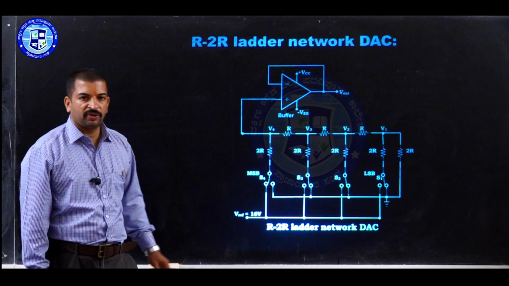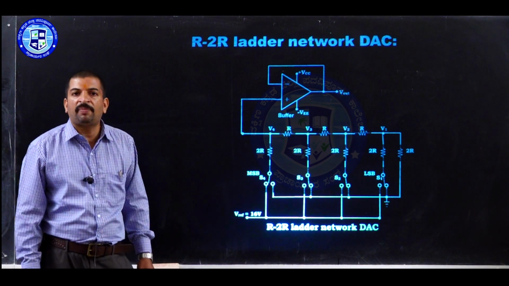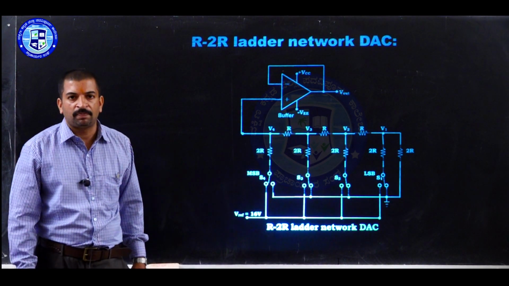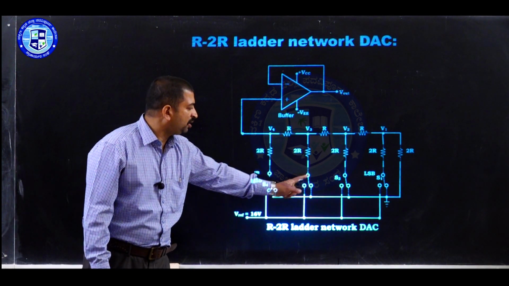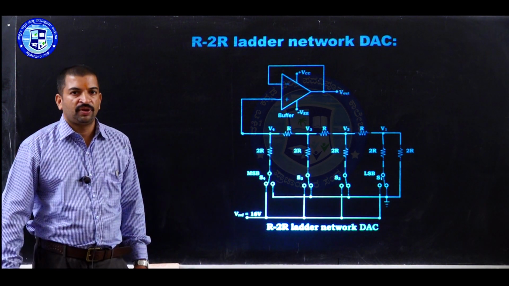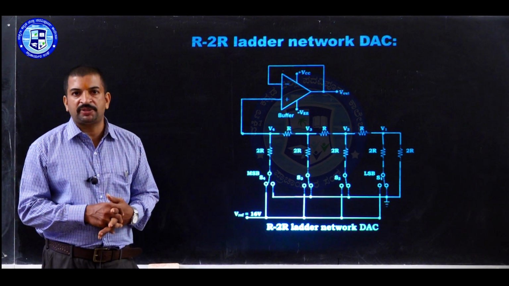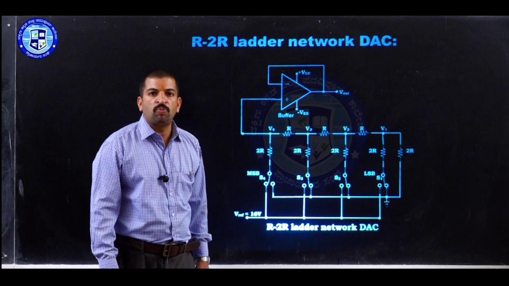Let us observe the circuit. In this circuit diagram, I have connected the S4 switch to the battery positive and all other switches are connected to the ground. Therefore, the input data becomes 1000. When this particular combination of input is applied to the circuit, we will now calculate the output voltage produced by the circuit.